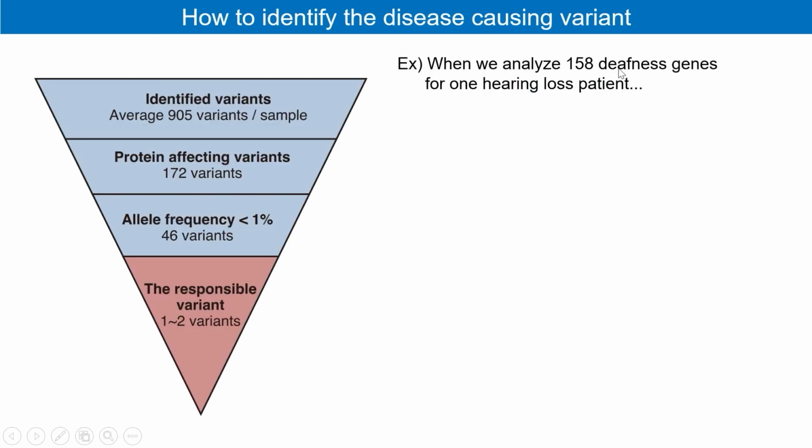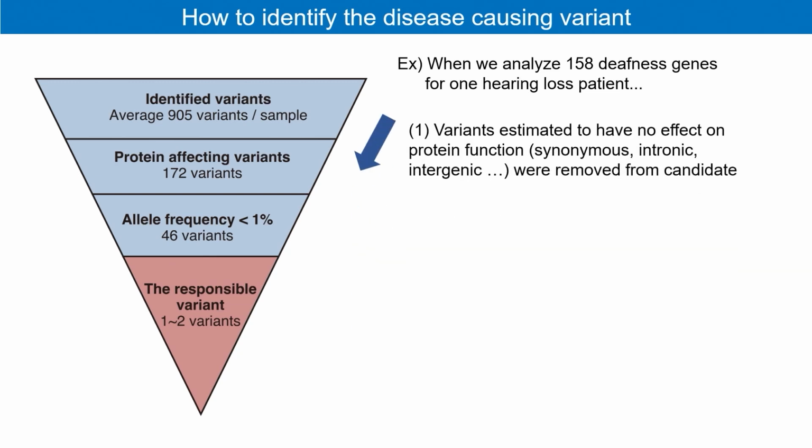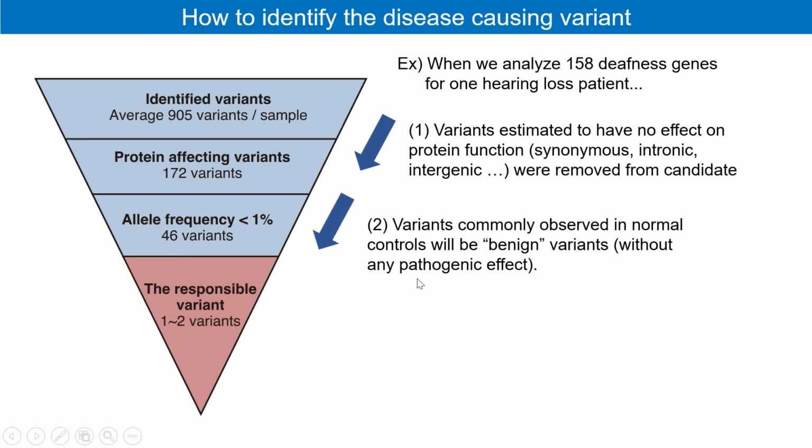When we analyzed 158 deafness genes for one hearing loss patient, we identified about 900 variants per person. However, the genetic cause in each patient is 1 or 2 variants. So the filtering procedure is very, very important to get the final conclusion. First, we remove the variants estimated to have no effect on protein function. And then we remove the variants commonly observed in normal hearing controls, that is, without any pathogenic